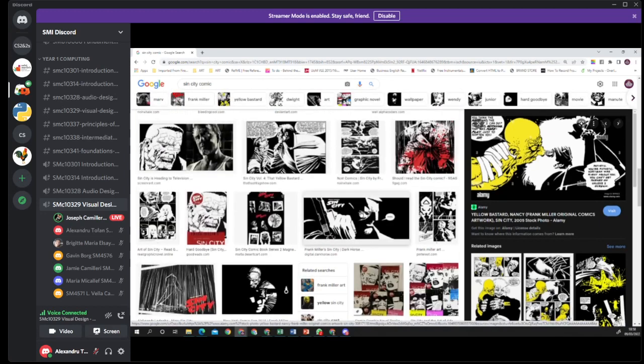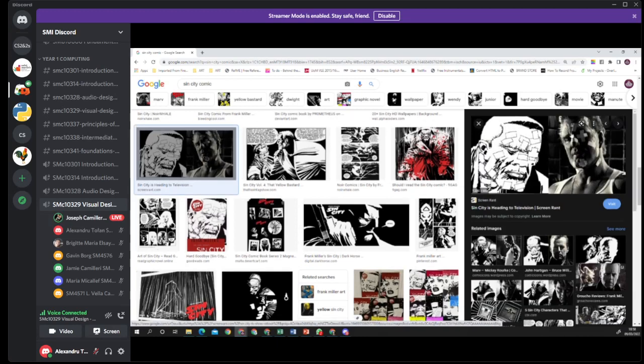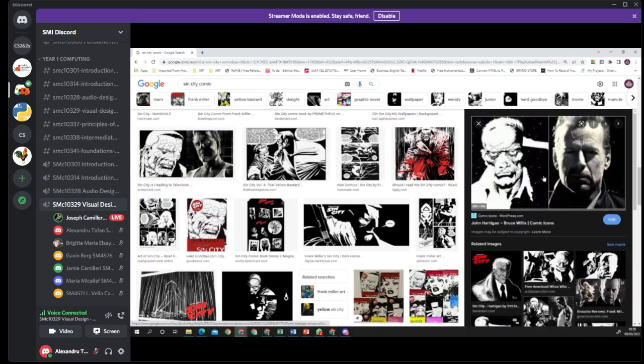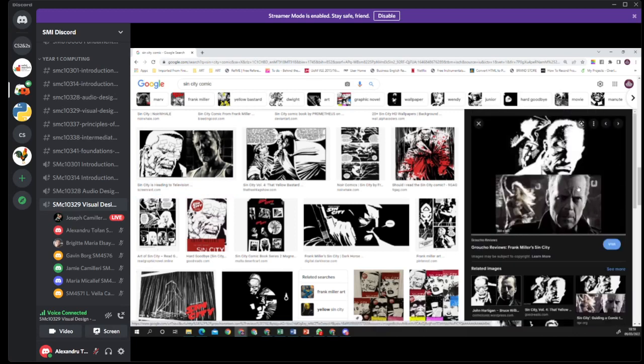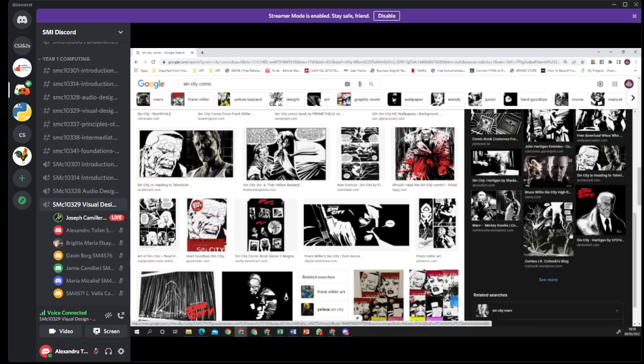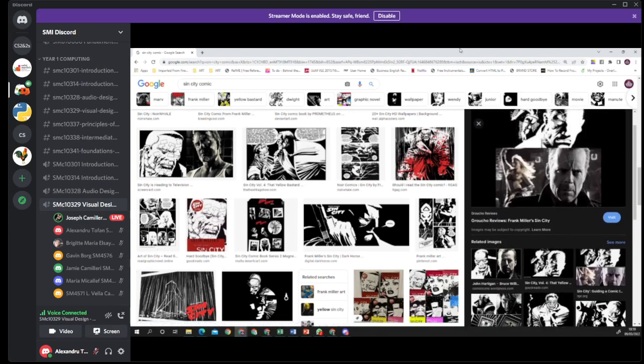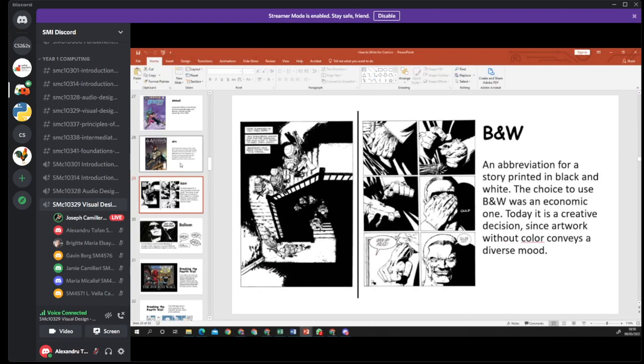And it is interesting how it's in black and white, because it's not a simple black and white, it's more of a negative rendering of black and white, the negative that we used to see in the old type of photography. This would be Marv, one of the main characters of Sin City, as seen in the comic and in the form of Mickey Rourke over here. Mickey Rourke was quite a famous actor in his time, still quite a famous actor. Here we have the character of Bruce Willis, and so on and so forth. You have different characters as you see them in the film compared to how you see them in the comics themselves. And I believe this was a very good example of transmedia storytelling, the way it was portrayed from comic to